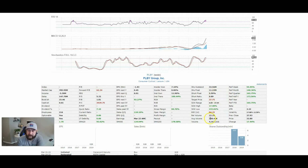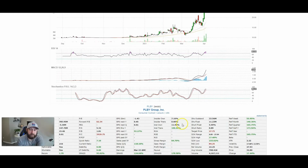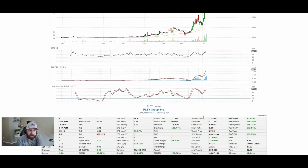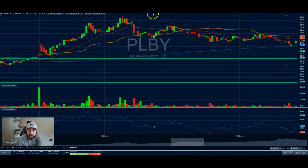And then the last stat is the average volume, 700,000, a little light. I'd like to see this over 1 million whenever I trade it, but it doesn't necessarily rule it out. It does maybe adjust my position size due to the float being so small and the average volume being a little light. I did go about a half a position of what I would normally go on this to adjust for the extra volatility. So now we've looked at the stats. Jump over here and look at